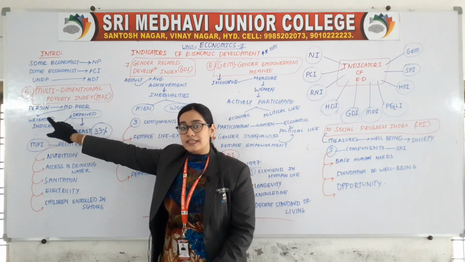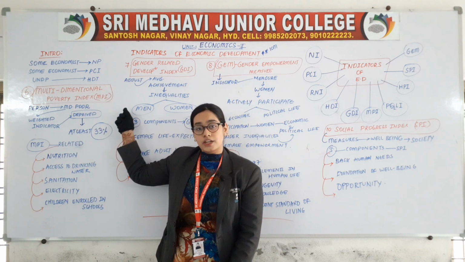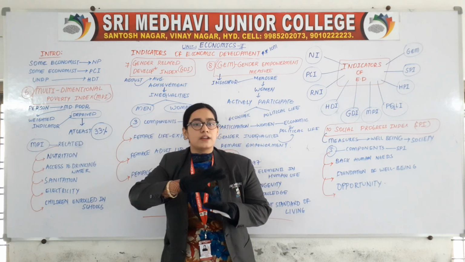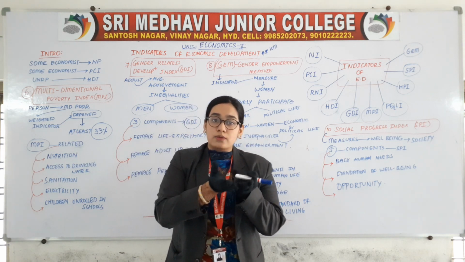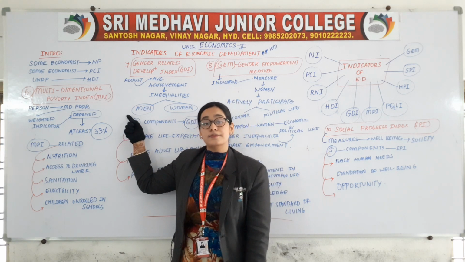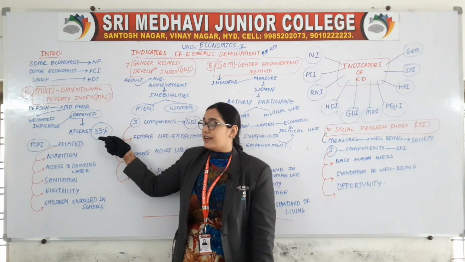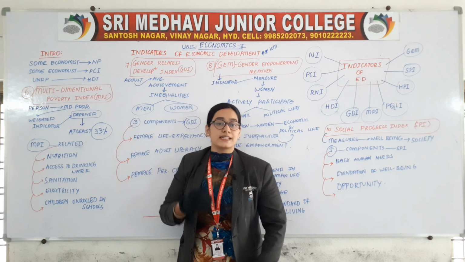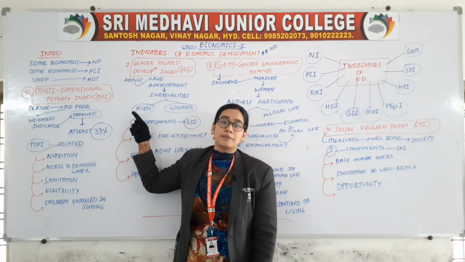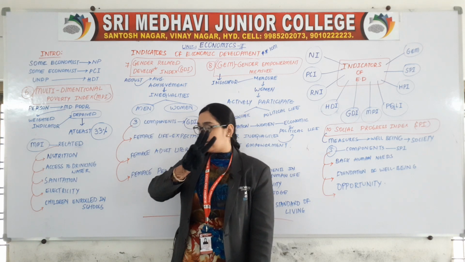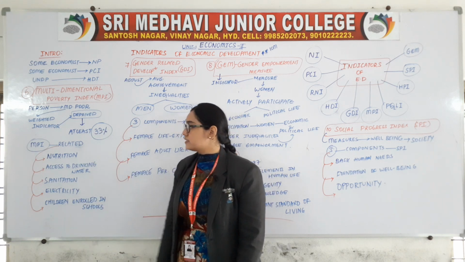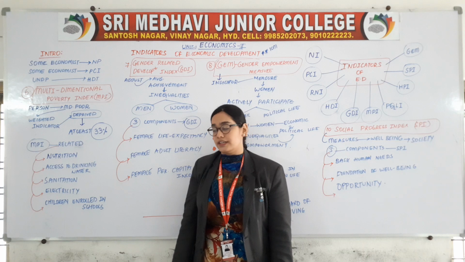So a person is said to be multidimensionally poor if his weighted indicator, weighted meaning by comparing all the indicators, shows that he or she is deprived of at least 33% of the basic necessities, then we can say that so and so country is multidimensionally poor. Now what are the points related with this MPI? These are the following points which are related with the Multidimensional Poverty Index.